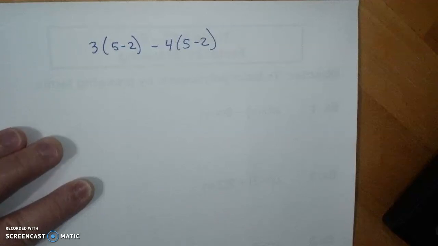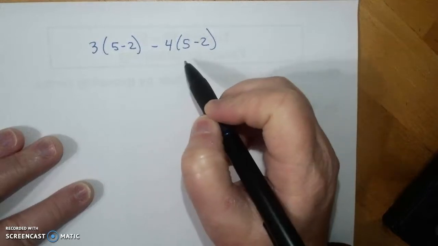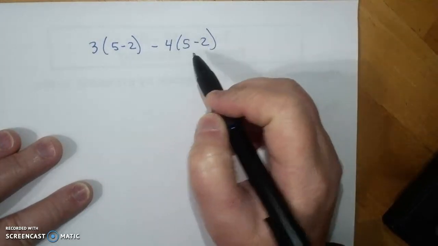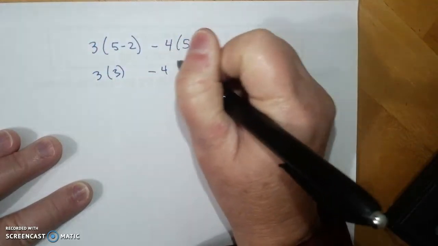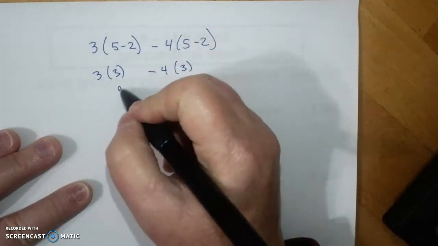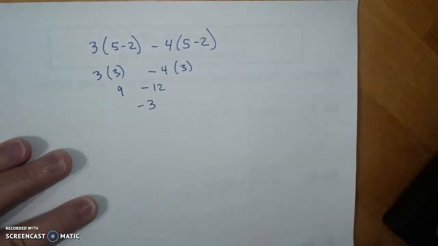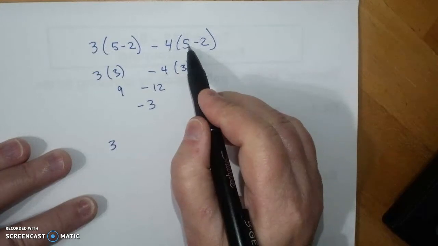12-6, factor by grouping. I'm going to do numbers first before I get into variables. And if I did this and gave you this problem, you would say, hey, let's do parentheses first. And then you would say 9 minus 12, and you would get -3. Okay? If you see that 5 minus 2